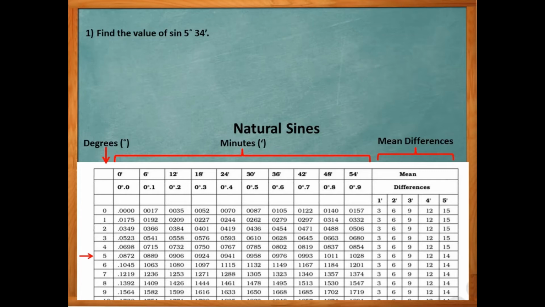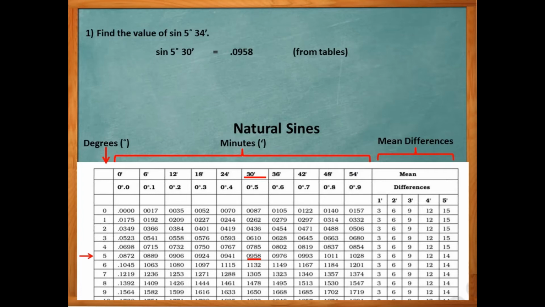Since 34 minutes is in between 30 minutes and 36 minutes, we will use the value of the number lesser than 34 minutes, which is 30 minutes. And so, the value of 30 minutes along the row of 5 degrees is 0.0958. So, sine 5 degrees 30 minutes is